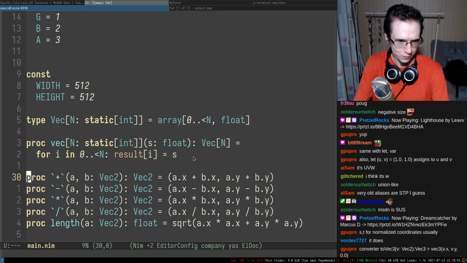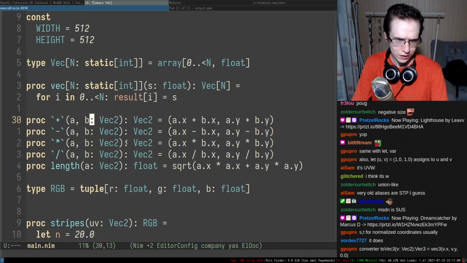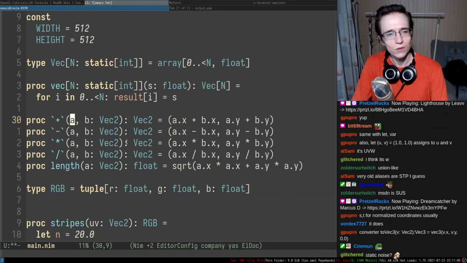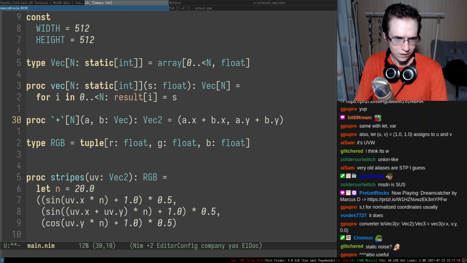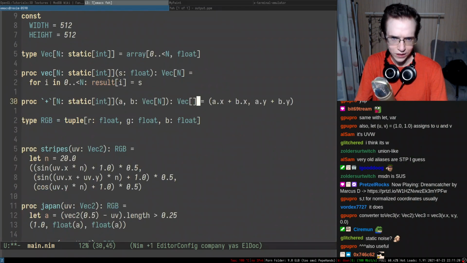Yikes. Okay, so what do we have in here? So I suppose here we're going to be accepting 2 of these vectors, right? So here's that one, and yeah, I think I'm going to actually remove this thing. Vec n static int, it accepts n and returns vector n.